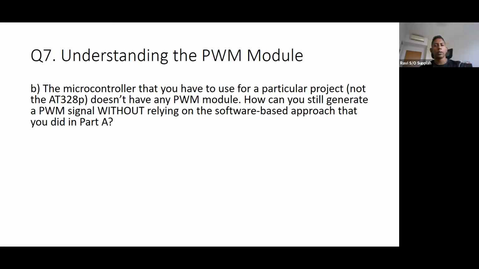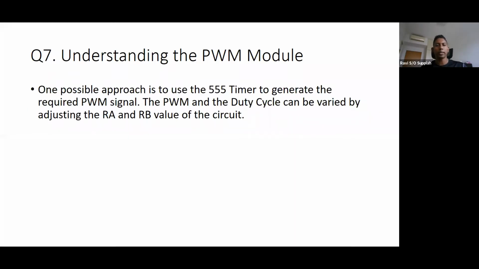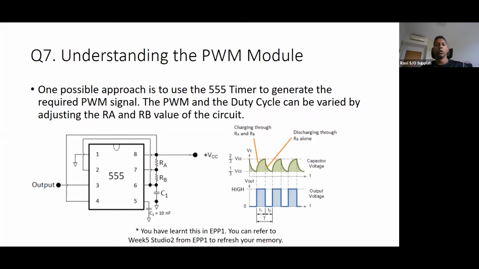If I do not have any PWM module and I still want to generate a PWM signal, but I do not want to use the software approach I saw just now, how can we still go about doing it? You can think back at your EPP1: what are the hardware-based solutions that you have done? One is to use your 555 timer. If you recall your Week 5 Studio 2